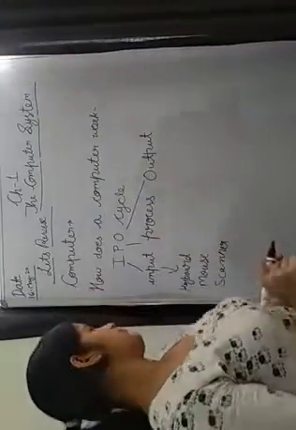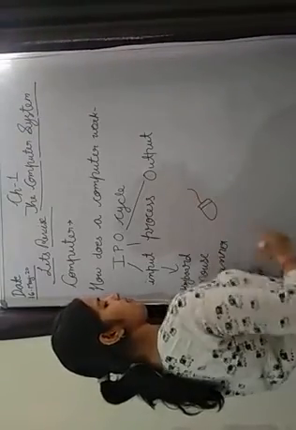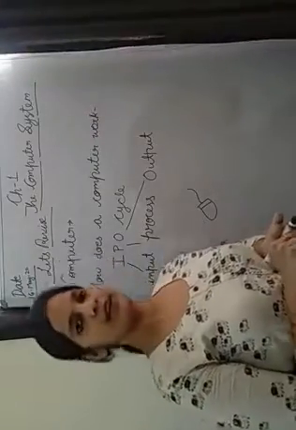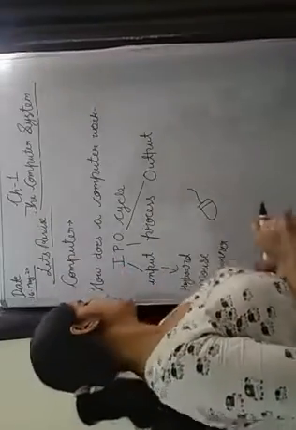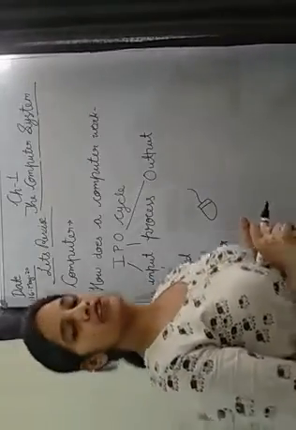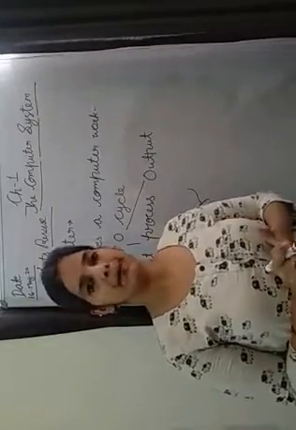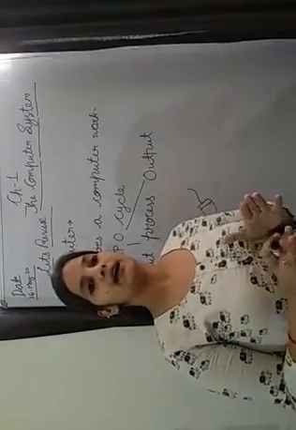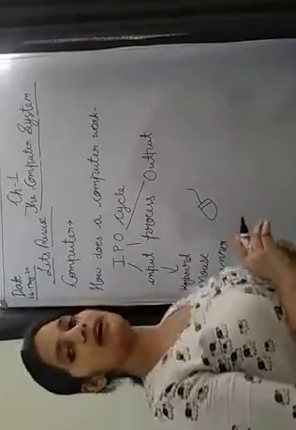Students, you know the mouse is a pointing device. It is used to select, to point, and to draw pictures on the computer. So this is the mouse, a pointing device. The third one is the scanner. Usually the scanner is used to read information printed on paper, means using a scanner you can read any paper and make it available on your desktop screen. So this is the scanner.